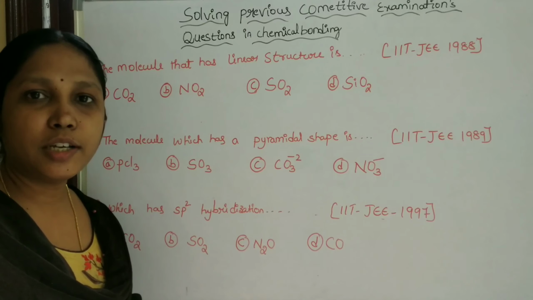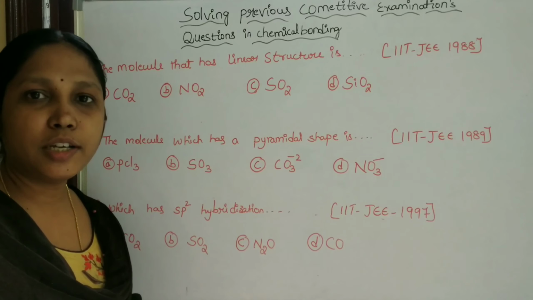See here, CO2. In that, carbon is electropositive and oxygen is the electronegative atom. So the carbon is the central atom and oxygen is the surrounding atom. Next, carbon belongs to which group? Fourth A group, so it has 4 valency electrons. Take 4 crosses; each cross indicates 1 valency electron.